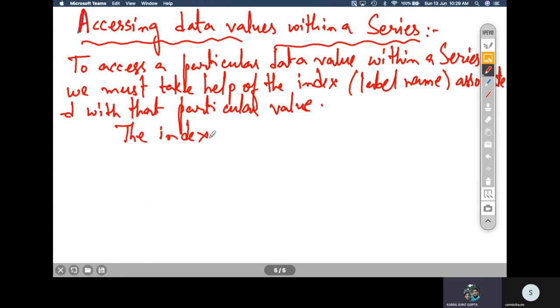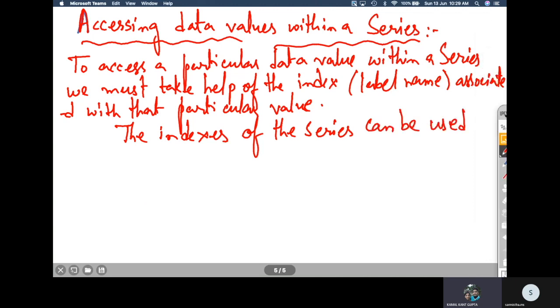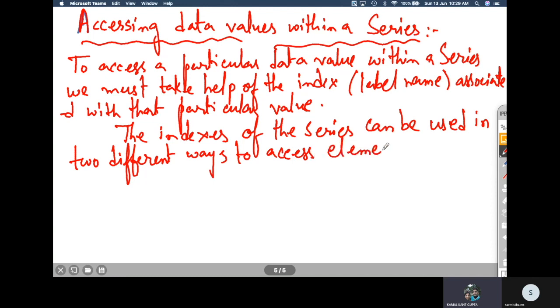The indexes of the series can be used in two different ways to access elements of the series. What are these two ways?